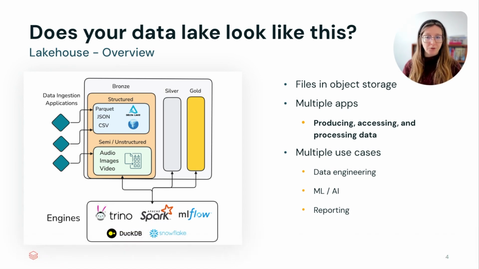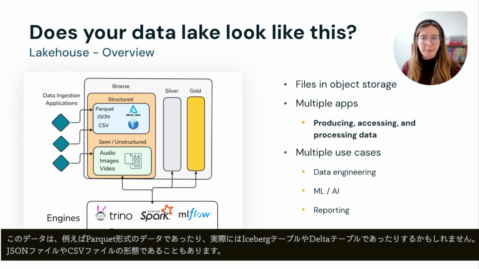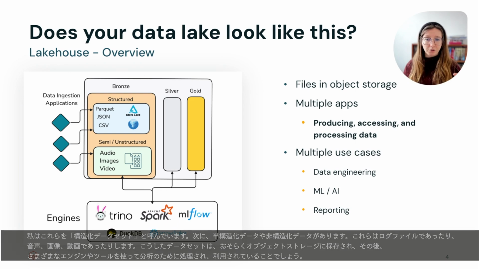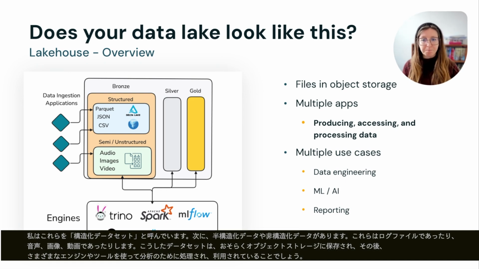So this data could be in the form of Parquet data, maybe they are actually Iceberg tables or Delta tables, but they could also be JSON files and CSV files. I like to call those our structured data sets. Then we have semi-structured and unstructured. So these could be log files, but even audio, images, videos, all of those sorts of data sets and pieces